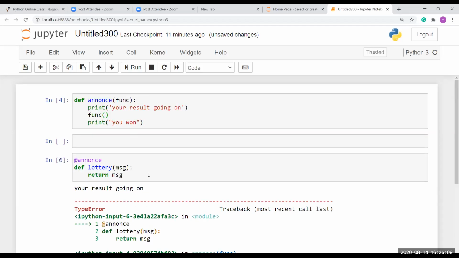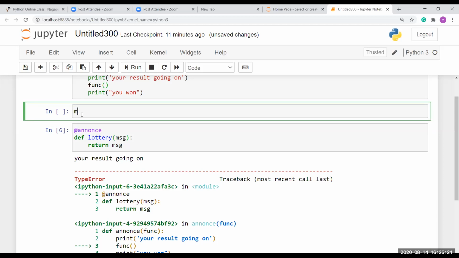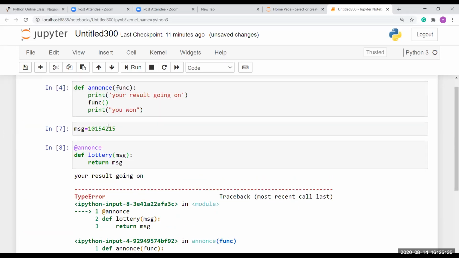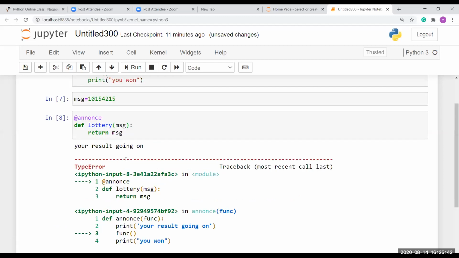So instead of message, I'm going to declare the message, and here I'm going to give lottery number 1015425 somewhat. So lottery missing one parameter, MSG.